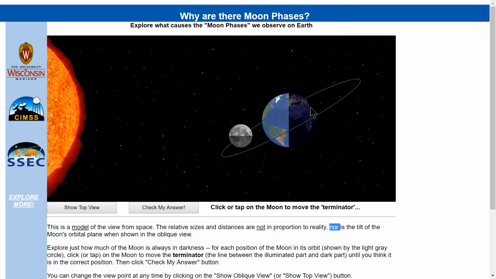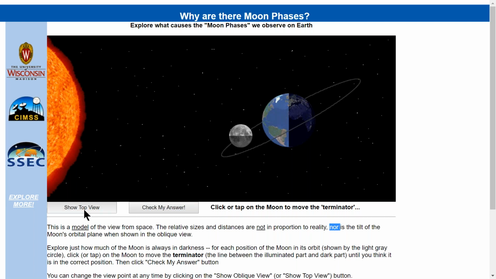Go ahead. Okay, so this one helps people learn about what the phases of the moon are all about. And I actually went to an AMS meeting once and I started asking some of the people there what causes the phases of the moon. And I was really horrified to learn how much misinformation and diseducation there was about the phases of the moon. So we created this one to help people understand what the phases of the moon are all about.